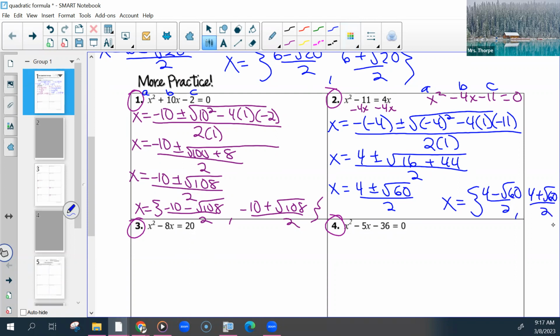Wouldn't that be negative 16? There's the negative times the negative. So that would give you a constant. Whereas